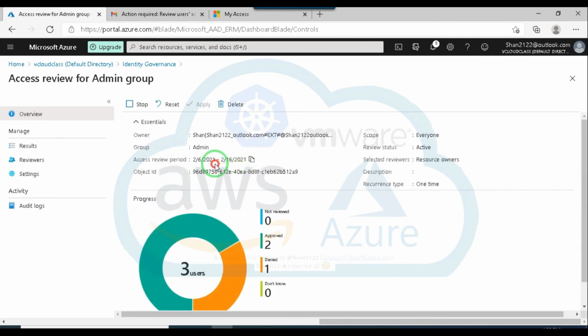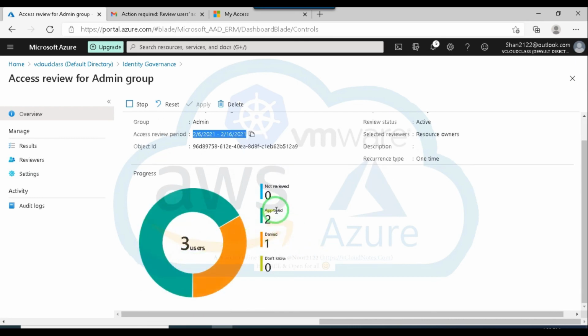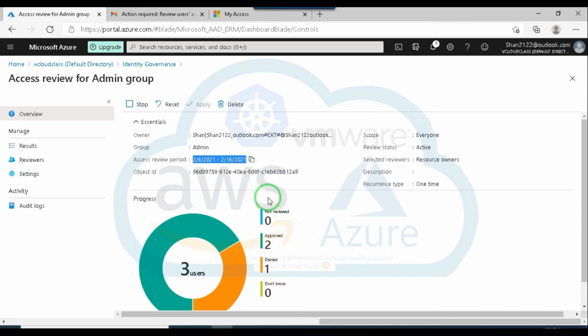You remember I set up that review for 10 days. So after 10 days, it would automatically close. But in case we want to close before that, I would be required to manually close it. Here you can see the actions, right? 2 approved, 1 denied. If I want to close this, I need to click on stop. Or at the same time, if I want to reset it, I can click on reset and it would reset whatever the reviewer put there. So the same can be reset from here. Let me click on stop. It would complete the review.